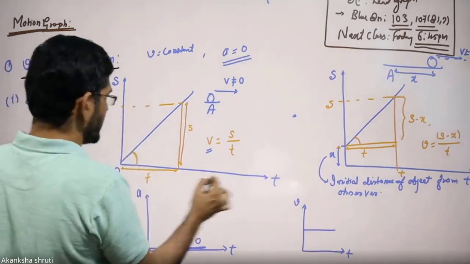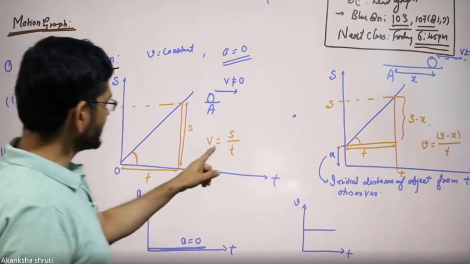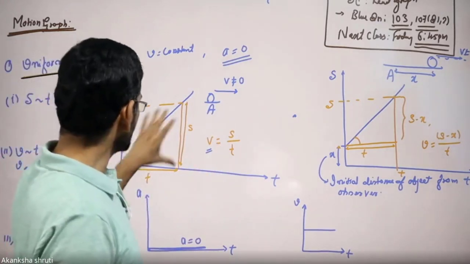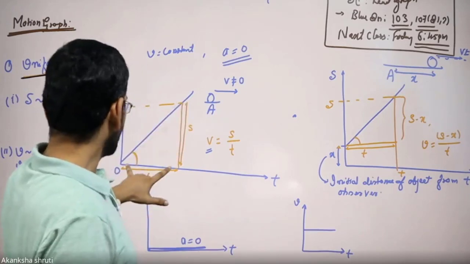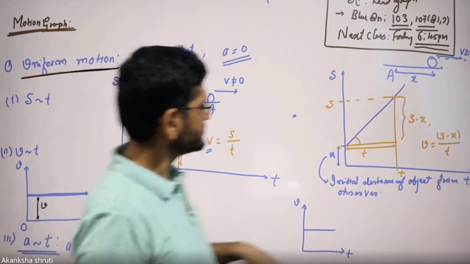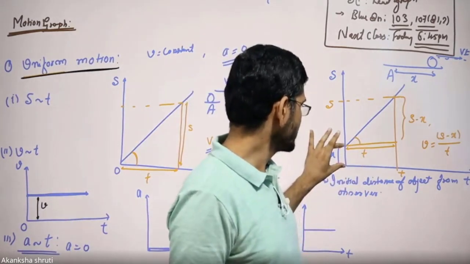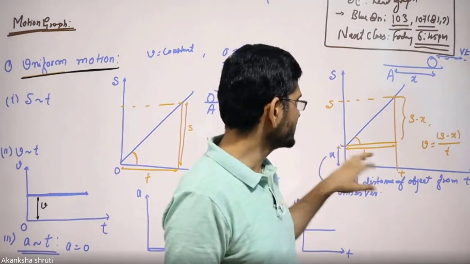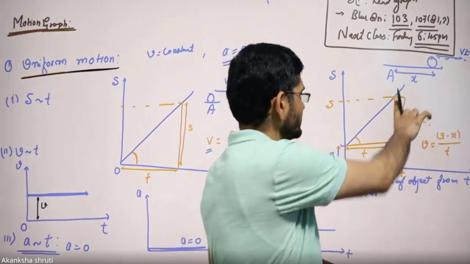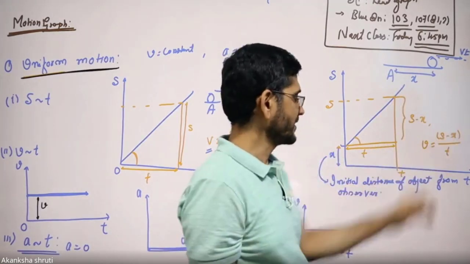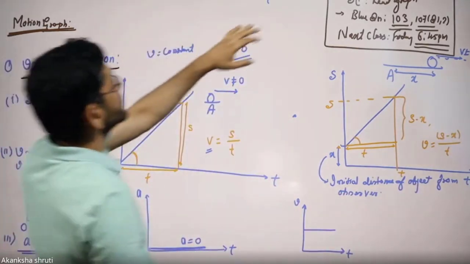From this ST graph, the velocity can be calculated by using this formula. Just calculate the slope, take the ratio of the change on the y-axis and on the time axis. In this case, if it is starting from a certain distance, meaning an initial distance, then take this y-axis carefully as the difference. Okay, applying this. So this was all about the graph for uniform motion.